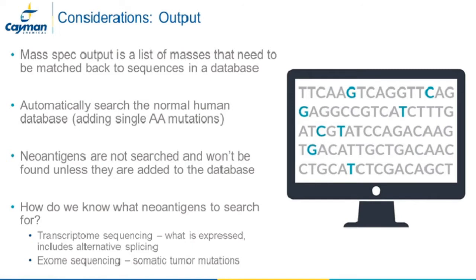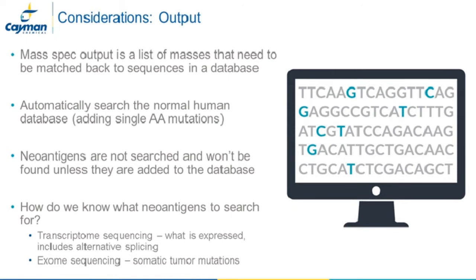Another critical consideration for experimental design is the expected output of the experiment. What mass spec sequencing of peptides essentially provides is a list of masses that must be matched to known proteins before they have any meaning. This means that we need to know what we are looking for in the immunopeptidome. The default database against which data are searched is the canonical species database from Uniprot, which will match all normal